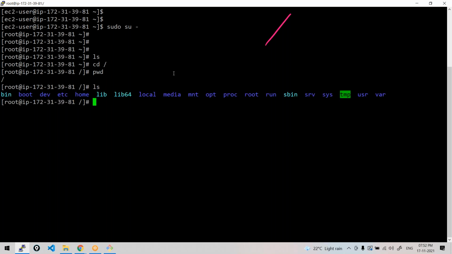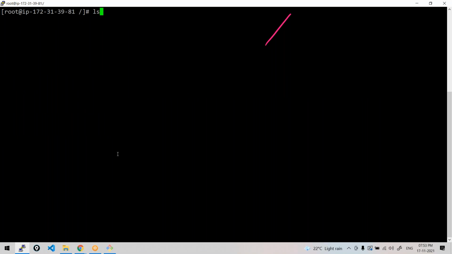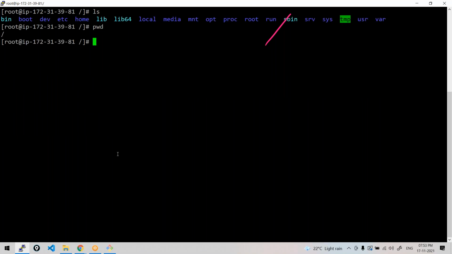Now under this parent, there are some default directories available. Some are used by the system for system executables, binaries, and so on. Within that, if you go to something like home, there will be some subdirectories within. Here, see, for each user there will be a directory under home. This directory is for EC2 user, right? So every user will have some subdirectories here. Under the root you have everything. Now if you want to go one level up, cd .. I came back to the root directory. ls, present working directory, I'm in root.